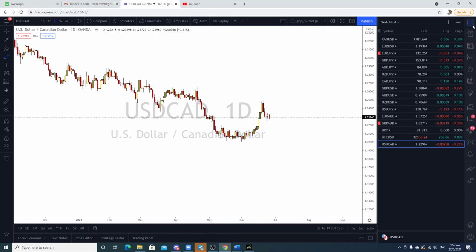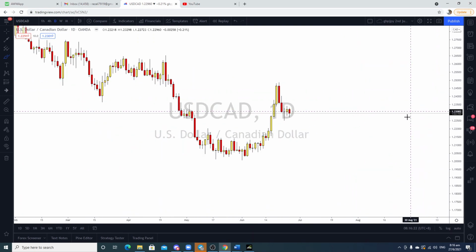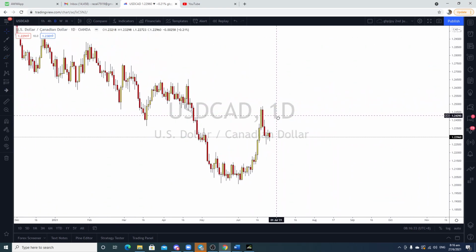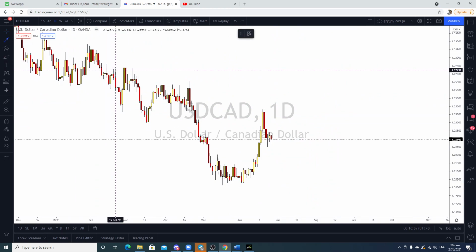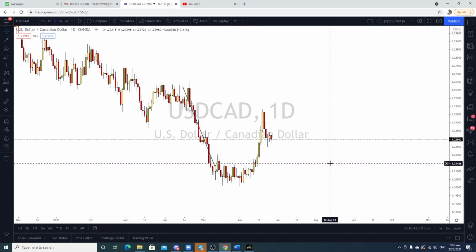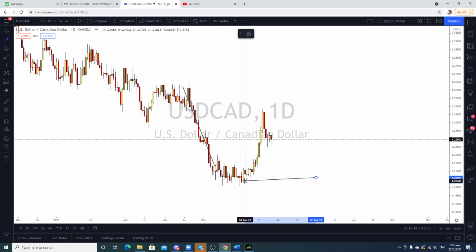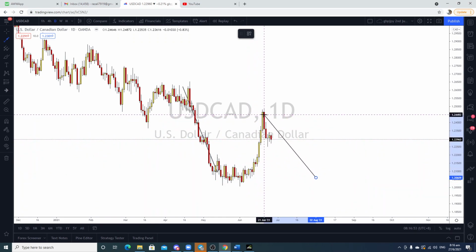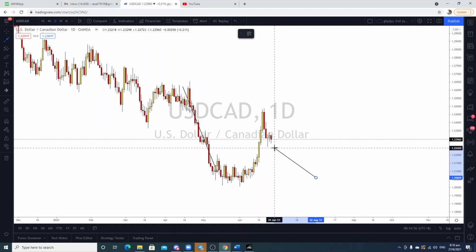So let's go for USD CAD. I'm going to share with you in this case. Back when I was starting out in the first 2 years of my trading, when I looked at this kind of pair, I only looked at one way out of the market. I said, okay, price is still in a downtrend, and I always looked for sell. Then I went to my H4, looked for sell, and I just got stopped out. Then after here, maybe it's a buy, and I got stopped out again. You get what I mean? At the end of the day, I started to ask myself, what the hell am I doing wrong?